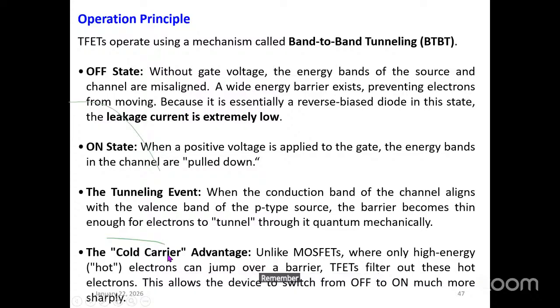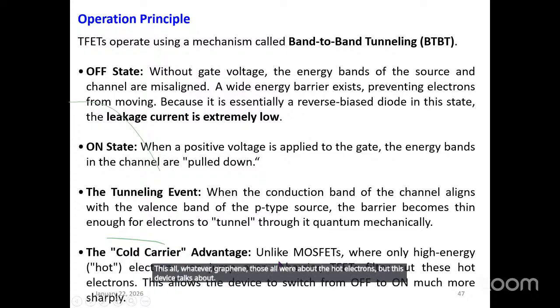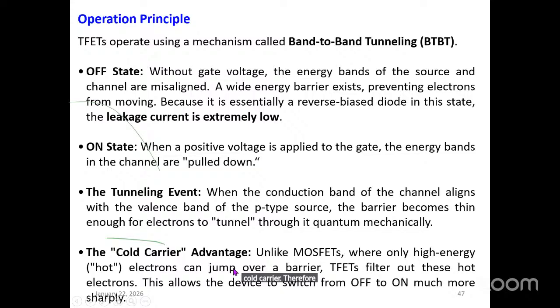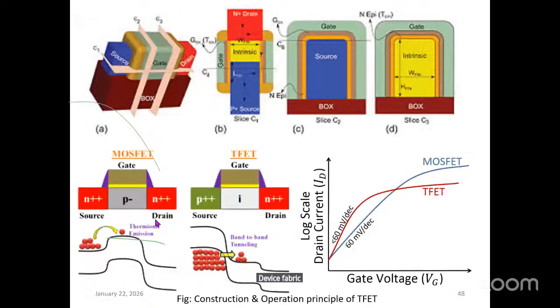Remember, field effect transistors, MOSFETs, FinFET, GAAFETs, graphene, these all were about hot electrons, but this device talks about cold carrier. Since hot electrons are not there, there is no jumping, only tunneling from one side to the other, this device remains cool. And since the device remains cool, it is very good for high density device fabrication